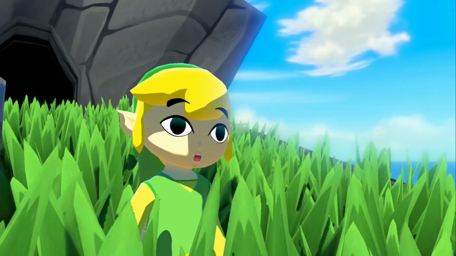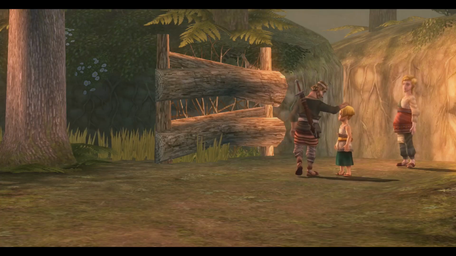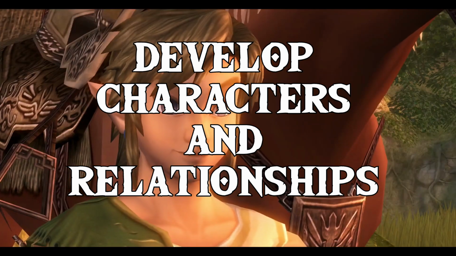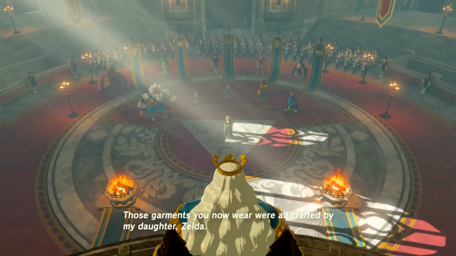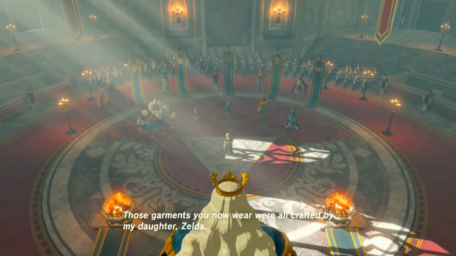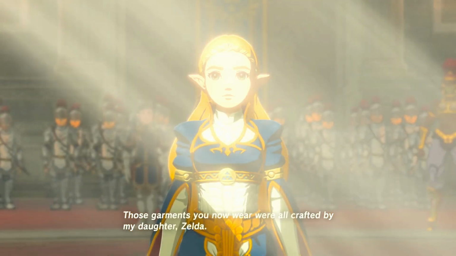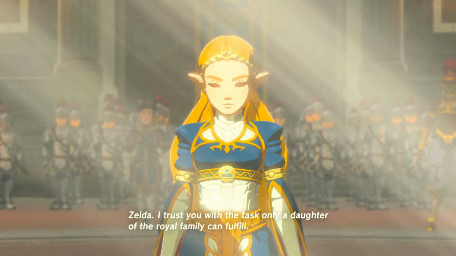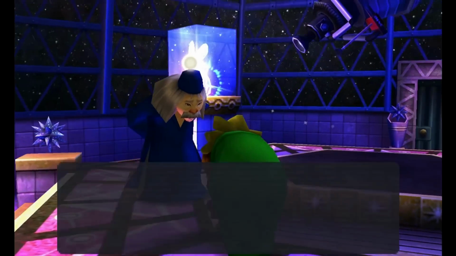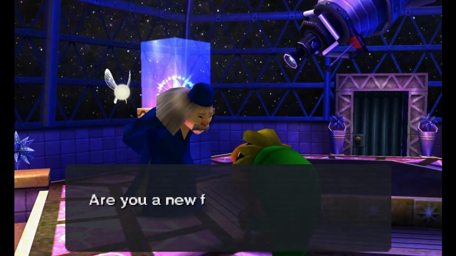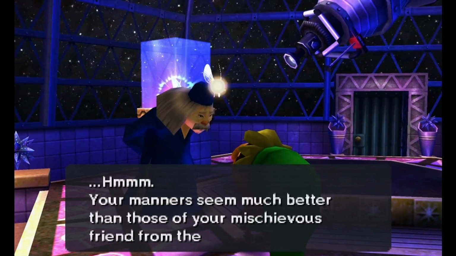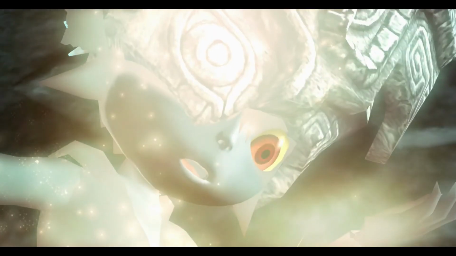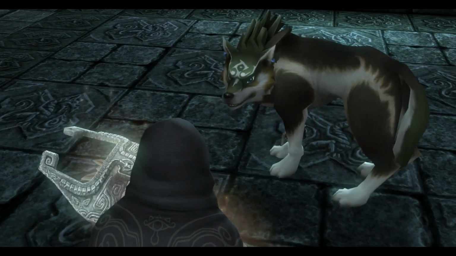And he's not the only one that needs more development. For these adaptations, we need to develop the characters and their relationships. We need to give Link fully developed characters to interact with and care about, because not only will that give Link a reason to save Hyrule, but it also gives the audience a reason to care about it being saved. And some of these characters can just be charming, minor characters we only see for a few minutes, but to get us truly invested, we need characters that have very distinct personalities, and likely go through some changes so we can see their character arc.